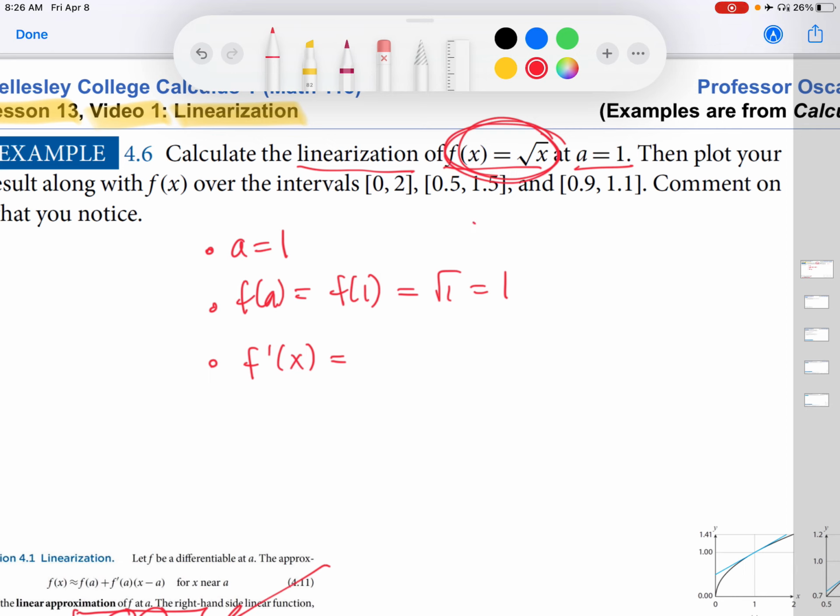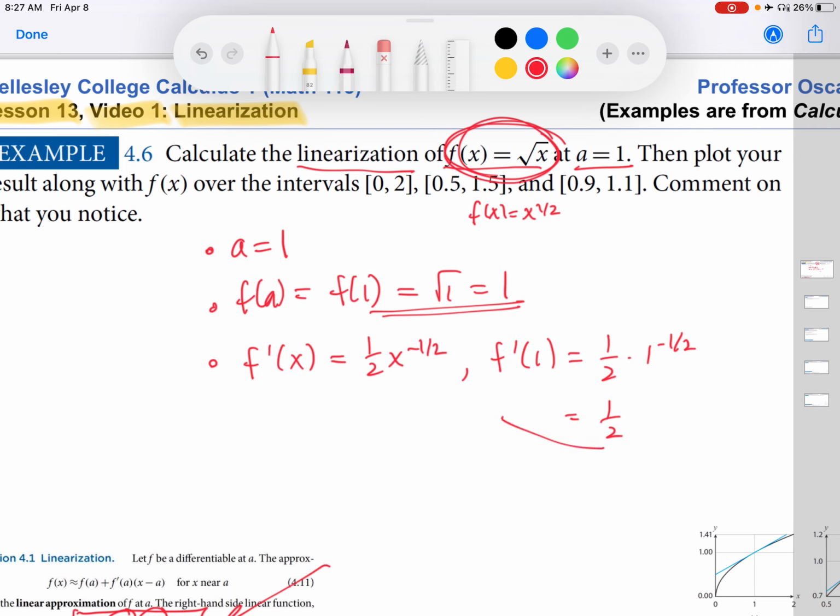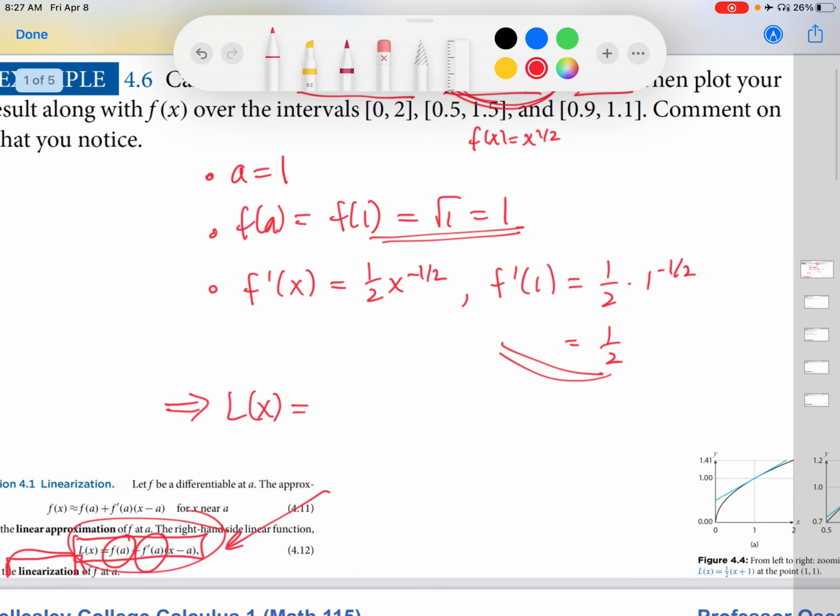Square root of x is x to the 1/2. Power function, so power rule for its derivative. There we go. And then substitute in 1, that's our a value. 1/2 times 1 to the negative 1/2, that's just 1/2. So now we have the f of a, we have the f prime of a. So this implies that the linearization is L of x down here, right? So that's f of a, which is 1, plus f prime of a, which is 1/2, times x minus a,